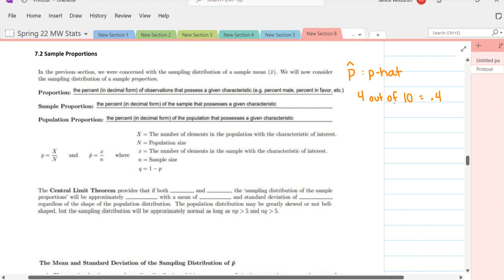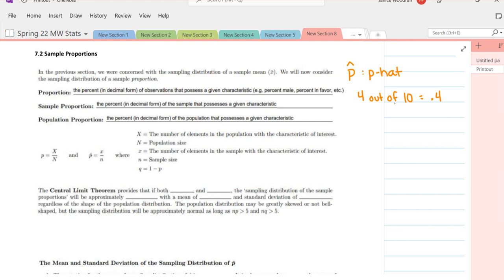The sample proportion is the percent of the sample that possess the given characteristic, so 4 out of 10 students received an A in the class. Then the population proportion is the percent of the population, so the total population that possess that given characteristic. Okay, now we have